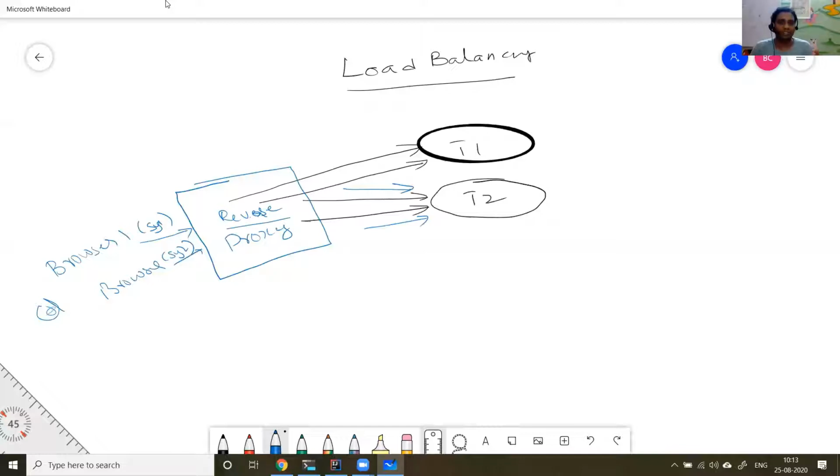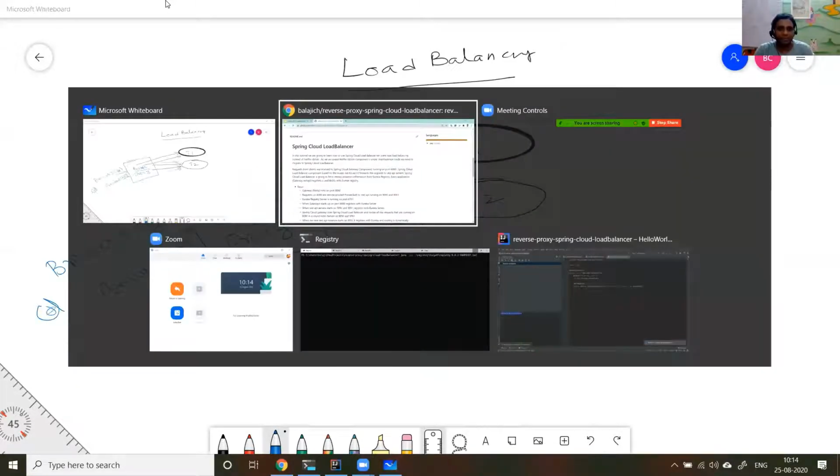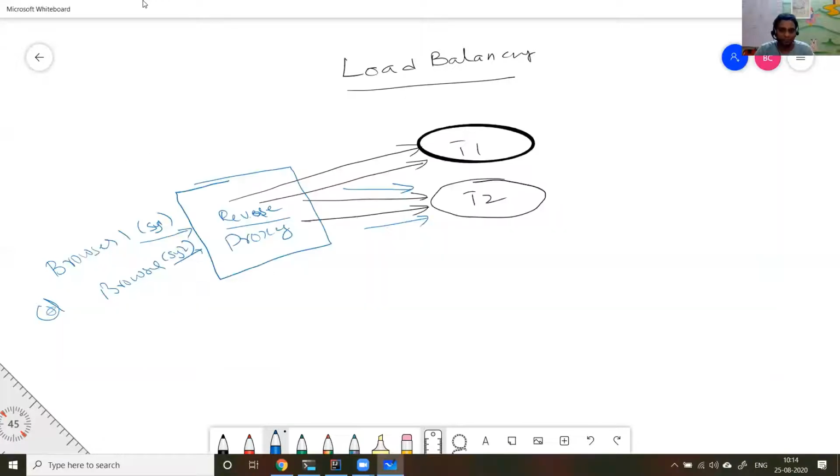What is a reverse proxy? It is speaking to servers on behalf of you. So you have one proxy in front of your tomcat 1 and tomcat 2. We call it a reverse proxy. So you understood load balancing. Why do you need a proxy? To balance the load across your servers so that one server is not troubled. Now, let us go to the slide.